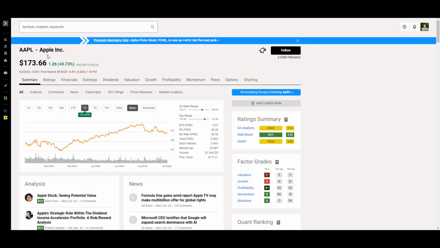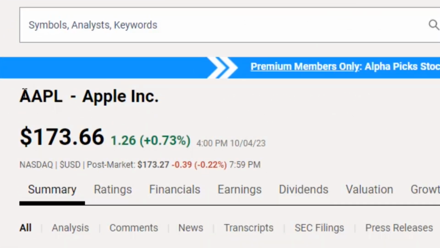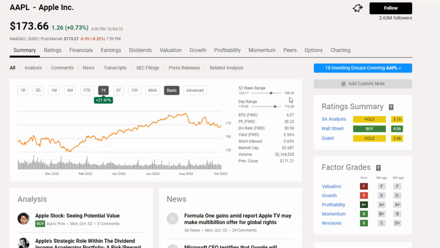Hey guys, today I wanted to take a look at Apple, ticker symbol AAPL. The 52-week high was $198.23. We have since dropped down to about $173. Now, a lot of people are saying that Apple was overvalued when it was hitting $198. And now that Apple is starting to slide, I wanted to see if I could find a really good entry